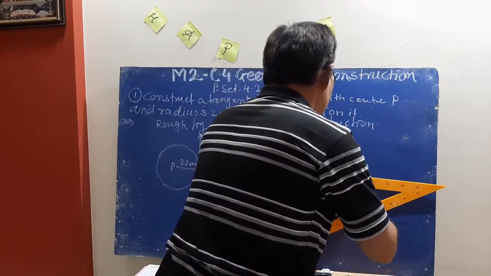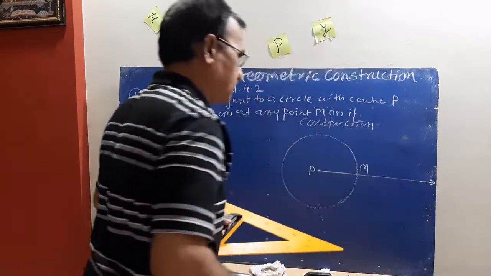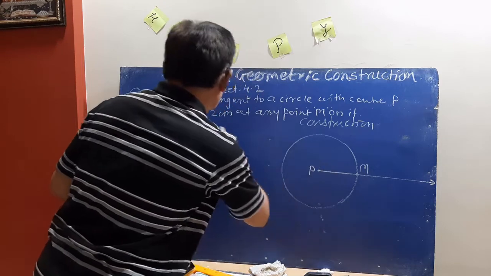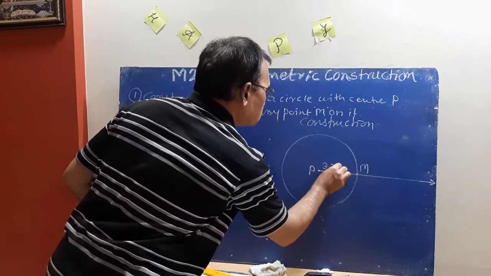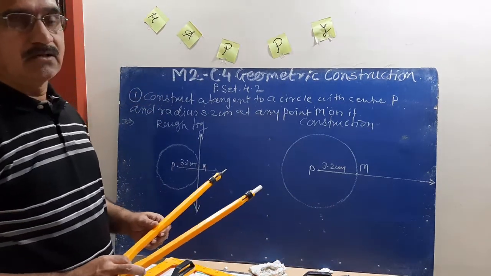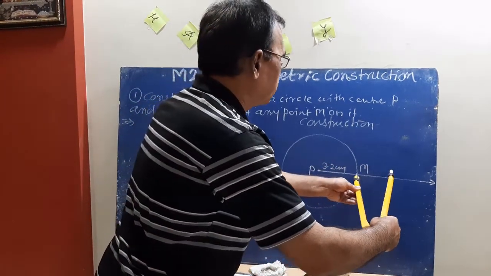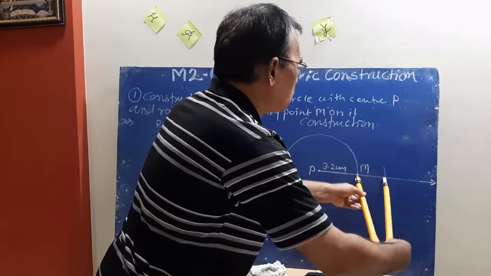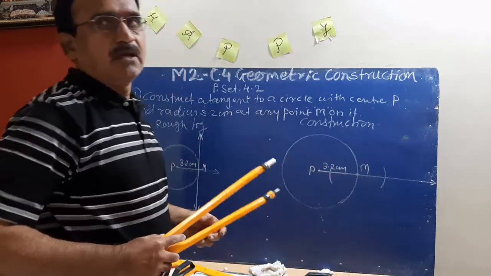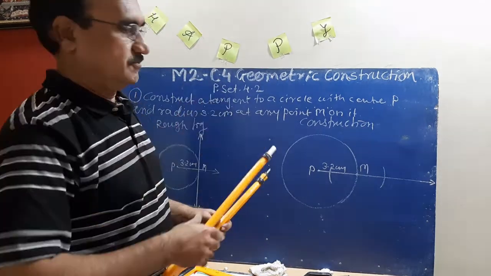By using center, means extend this ray. Extend this ray. Right, here the radius is 3.2. Then how to construct the tangent at M, the tangent which is passing through point M? Put the pointer here on point M. See carefully what I am doing here. Take a convenient radius and draw an arc on both sides of point M. This is one segment, and you know the perpendicular bisector of a segment, first construction, is used here.